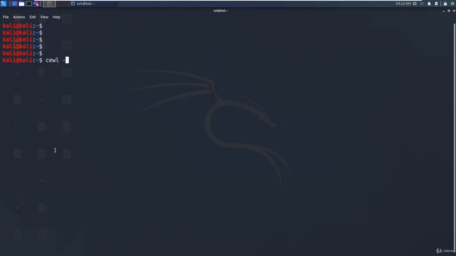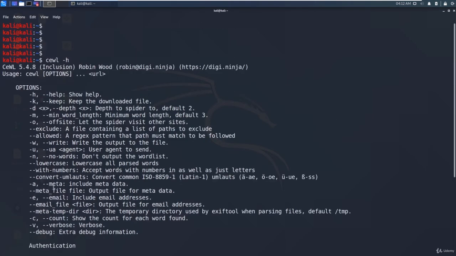Let me type the help page. So you can give the depth, which is the depth to spider to scrape the content. What this depth means is, first we specify the website and it will go to the index.html. If you do not specify the depth, it will take the default depth as 2.